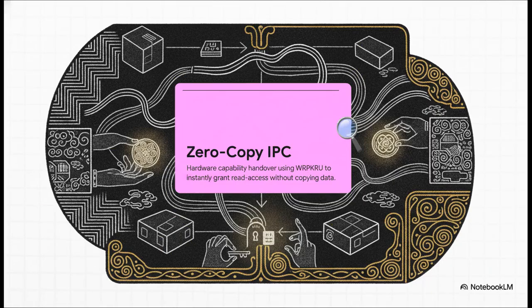And the way we actually transfer that data, it is ridiculously fast. We use zero-copy IPC, which is a core architectural feature of Phase 30. Remember, we are not building some legacy message-passing OS. We are a capability-controlled shared memory substrate. When Silk Shell needs to send an update to sexdisplay, it absolutely does not copy the frame buffer data. That's way too slow. Instead, it hands over a capability token. Our microkernel just executes a WRPKRU hardware instruction to instantly flip the Intel PKU lock. Just like that, sexdisplay is granted read access to Silk Shell's memory. The memory itself is the transport.